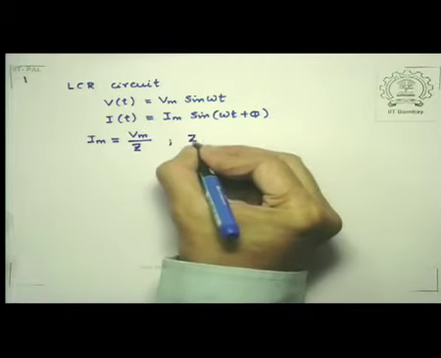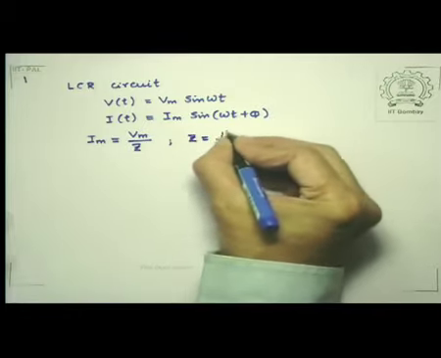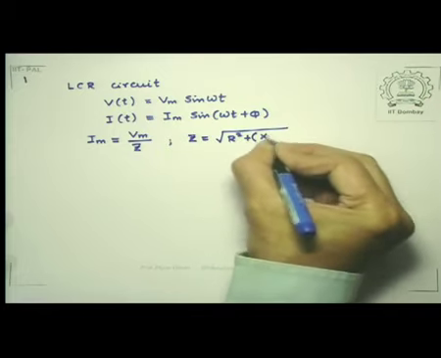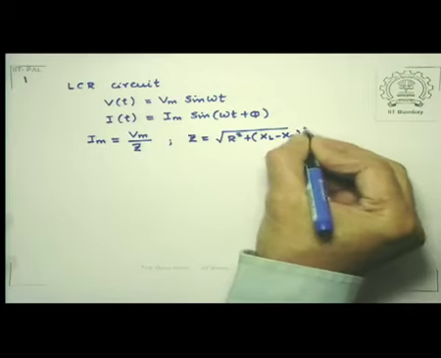The impedance Z we had seen is defined as the square root of R square plus XL minus XC whole square, and